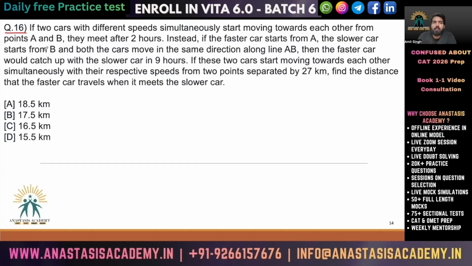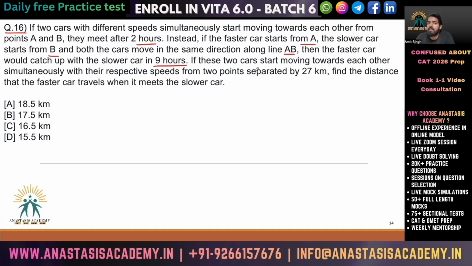Let's look at this question now. If two cars with different speeds simultaneously start moving towards each other from points A and B, they meet after 2 hours. Instead, if the faster car starts from A, the slower car starts from B, and both cars move in the same direction along the line AB, then the faster car would catch up with the slower car in